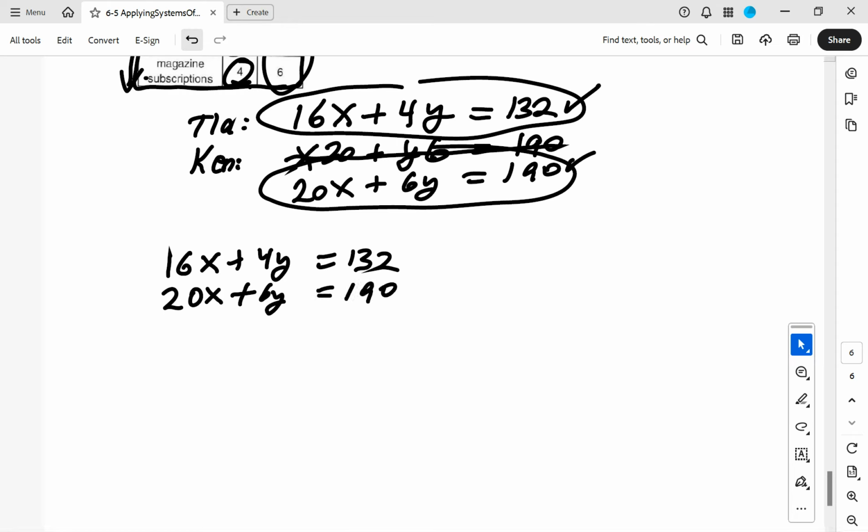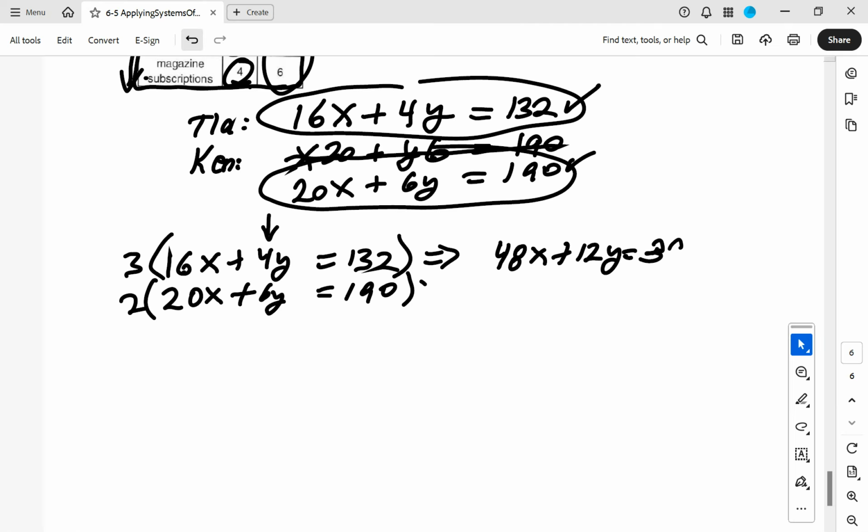So if I want to make the coefficients the same on one of them, rather than the larger numbers of 16 and 20, I think I'm going to look at the 4 and 6, and their lowest common multiple is 12. So I need to multiply this one by 3 to get to a 12, and this one here by a 2 to get it to be 12. So the first one becomes 48x plus 12y